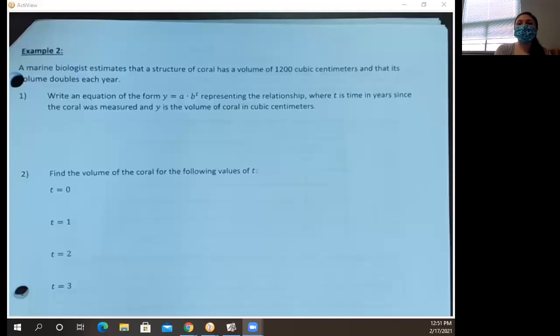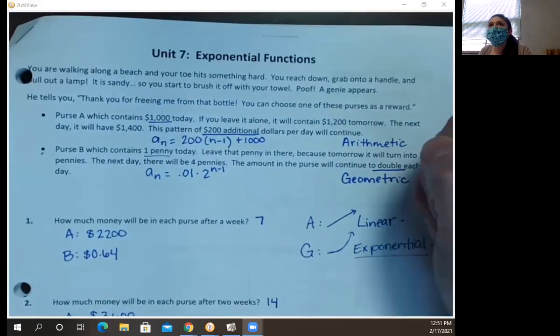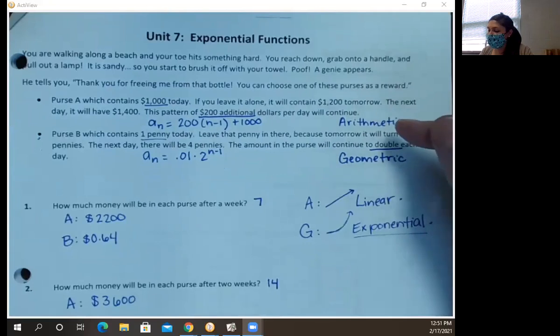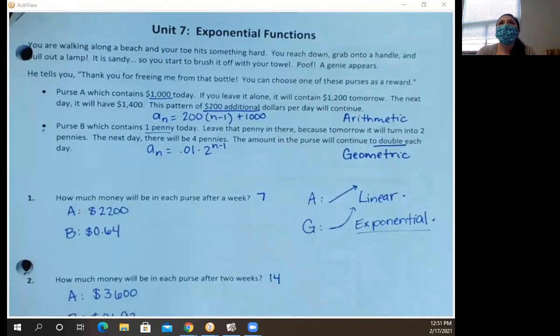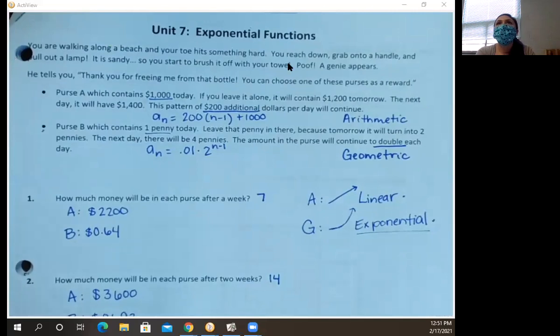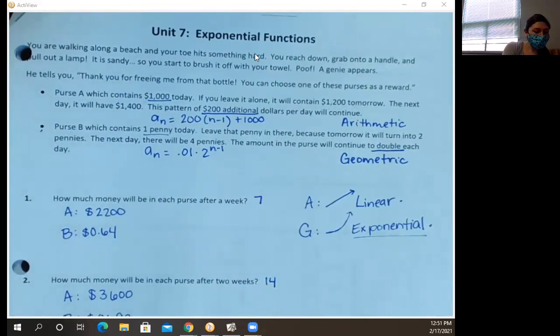So last week, we were talking about how exponential functions are really similar to those geometric sequences we saw in our last unit. You guys can see on page 5, but I'm going to flip back to the beginning of our packet. The first couple of examples that we looked at, we said we had those two purses. Remember, we said purse A looked a lot like an arithmetic sequence and purse B looked a lot like a geometric sequence. But then we talked about how really I could also say that that arithmetic sequence